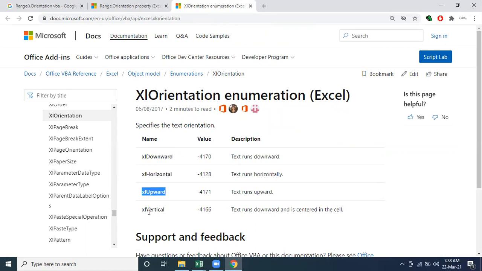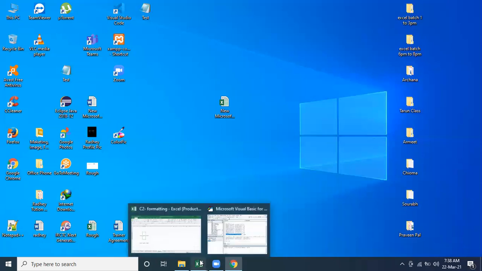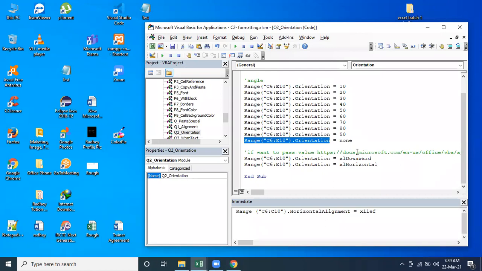Upward and vertical. So let's say if you want to pick upward, how is it going to work? Okay, just a second. Upward, right? Here I pass upward, and this is the range which we have to define first.